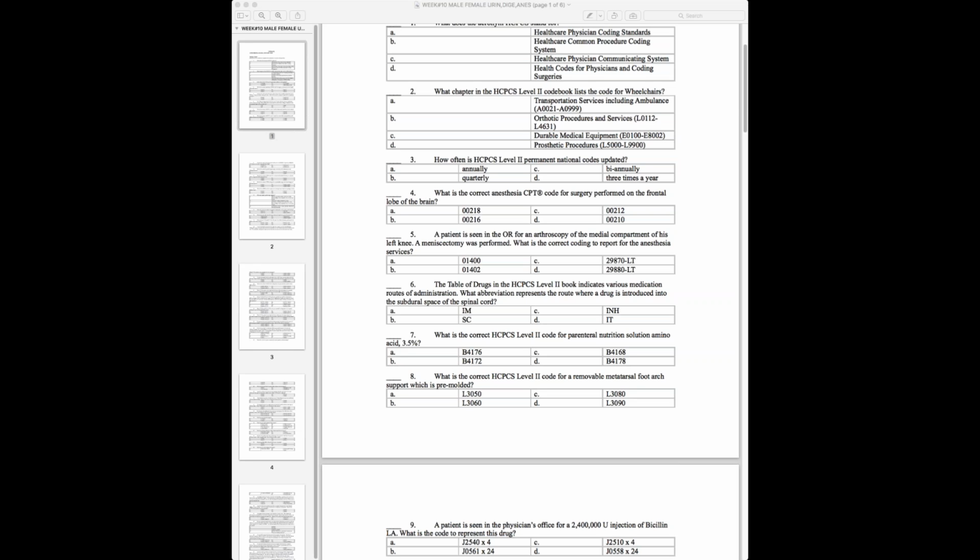It's recurrent, and it's also reducible. So all the keywords are there. That should lead you to CPT code 49555. Okay, 49555. And the correct ICD-10 code for number 23 is